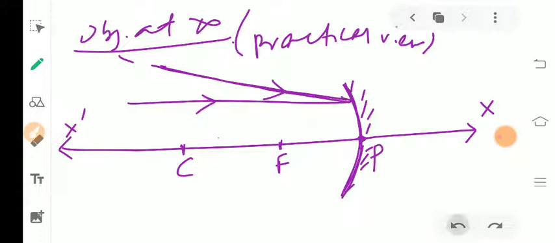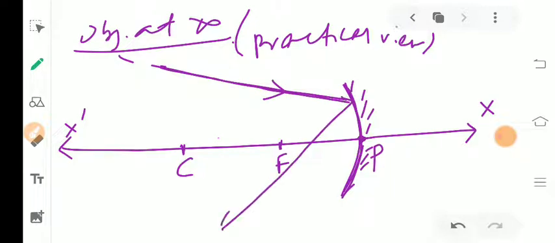So where will it pass then? It will follow the laws of reflection, and it will pass short of the focal length, meaning it will pass away from the focus towards the pole. So, suppose it passes through this. Well, you may ask, sir, how can it happen? It will follow the laws of reflection, as you know.